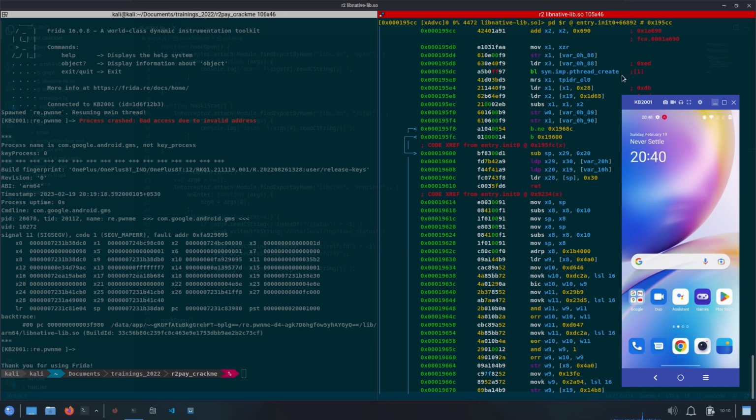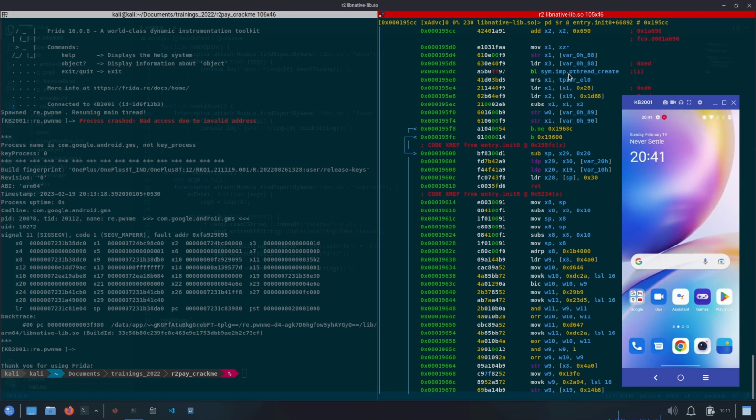Now there can be multiple such checker functions present in the binary. So if we want to bypass all of them in one go, we need to somehow patch this pthread create method itself so that it will not trigger this function from anywhere. And in order to do so, we can directly patch it from the .plt section of the library. Now as you can see here, we are getting these shortcuts alongside this branch instruction. So using this, we can directly go to the address where the implementation of this function is present, and since it's a function coming from an external dependency which is libc.so, the implementation will take us to